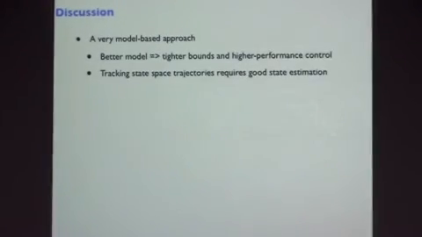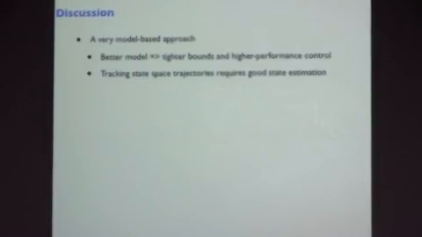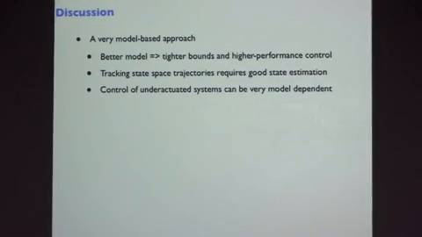We're tracking state space trajectories, so it needs good state estimation. Another thing I didn't want to spend a lot of time on. It makes sense. I mean, you shouldn't expect to do very high performance things without a model, I think, but it's a burden. And in general, I think control of underactuated systems is very model dependent, because if I don't have an actuator co-located with a joint, I can't just squash nonlinear friction terms and stuff. I have to worry about